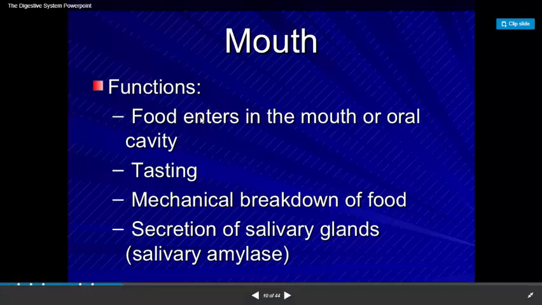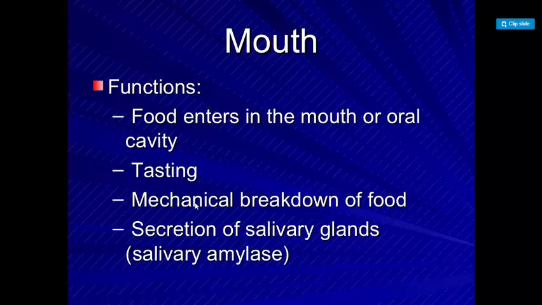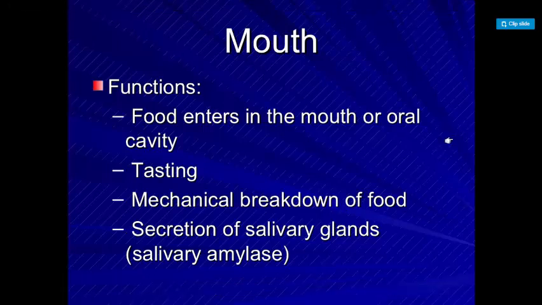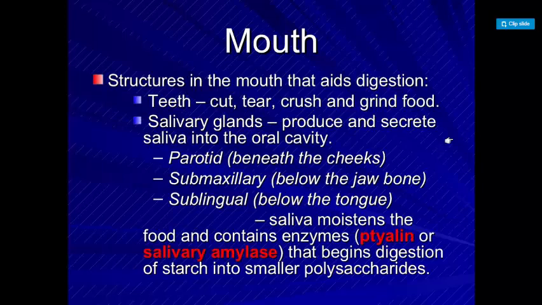What happens in the mouth? The food is going to enter the mouth. You can taste the food. Mechanical breakdown of food. We said mechanical means it's related to action. And what happens? You have the salivary glands inside your mouth. The saliva is the fluid you have in your mouth at all times. It is secreted by glands, some of which are present under your tongue, some under your chin. They secrete saliva. What does saliva do? Okay, so we will start first of all with the mouth.